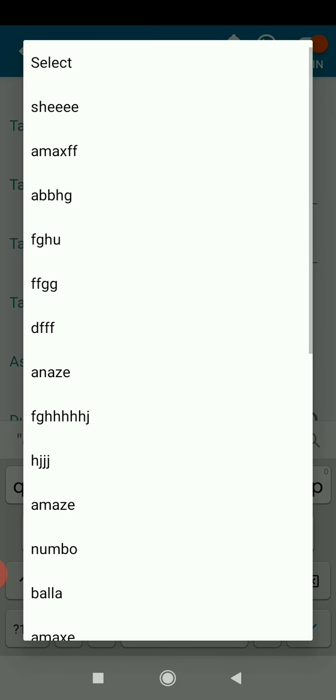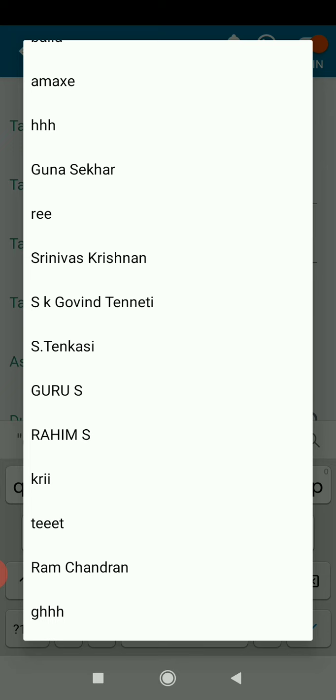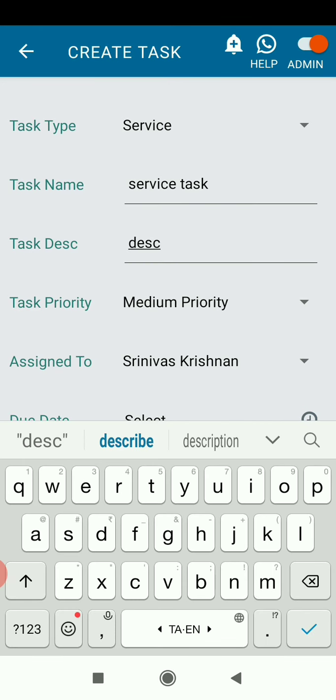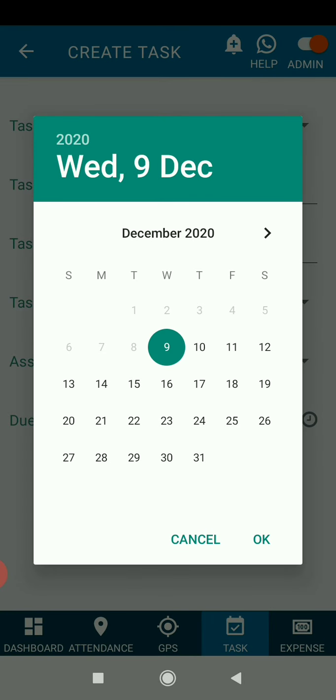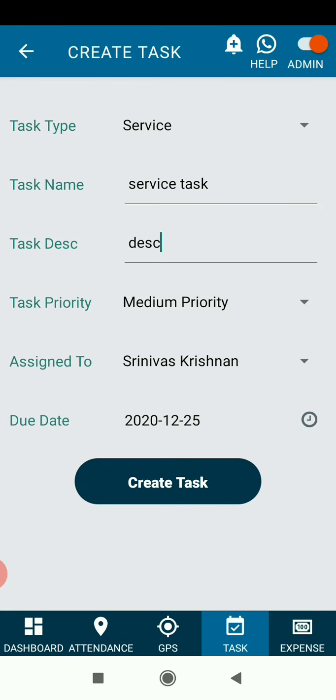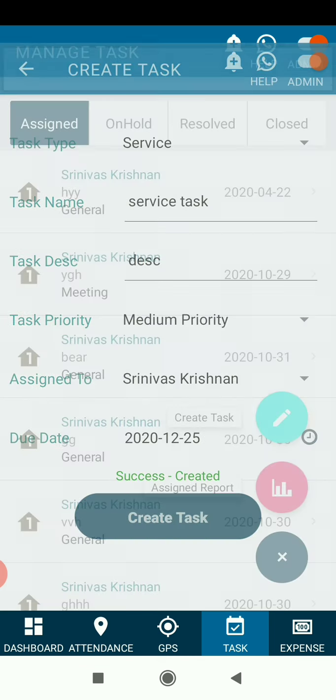You can assign it to any one of the employees. And then you can assign the due date as well. And then you can create the task.